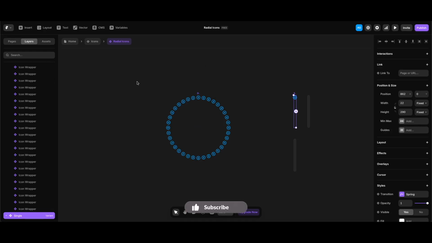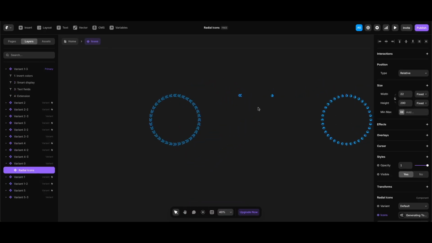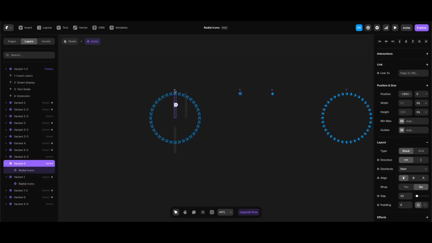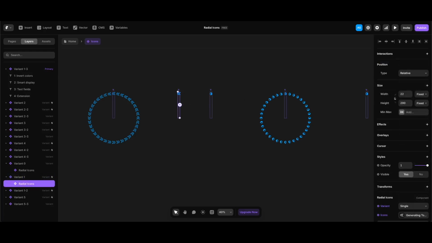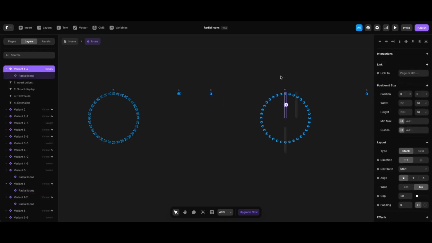Let's check the variants of the icons component. Since when a content card is in the view, we start the animation, we use time transitions after the first variant we switch to. So variant 0 is the first variant of it. Once the first card is in the view with scroll variant effect, we switch to variant 1, which has the single variant of radial icons. Then in the next one we keep the single variant, but we change the icon. Then with another time transition we switch to the last variant for the new card, which opens up the circle